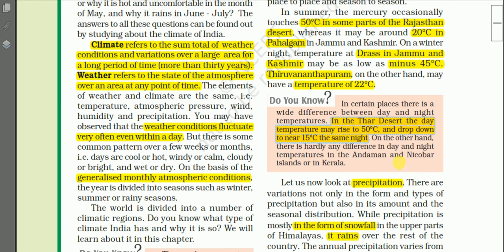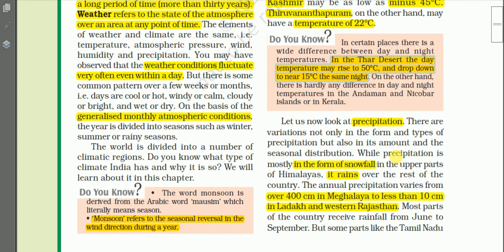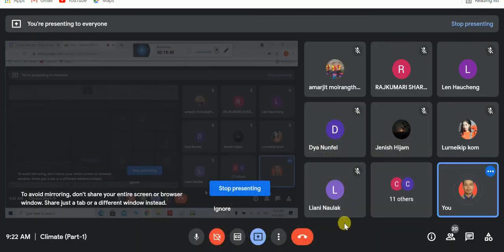Can you tell me why in the Rajasthan desert the range of temperature is very high? That means very hot during the daytime and very cold during the night time. Can you tell me? Yes, anybody who can suggest? You must know that during the daytime in Rajasthan, the temperature is very, very high, whereas at night time it freezes. The temperature is low, 15 degrees Celsius or even 10 degrees Celsius. So we have to use woolen clothes at night in the Thar Desert. Can you tell me why?